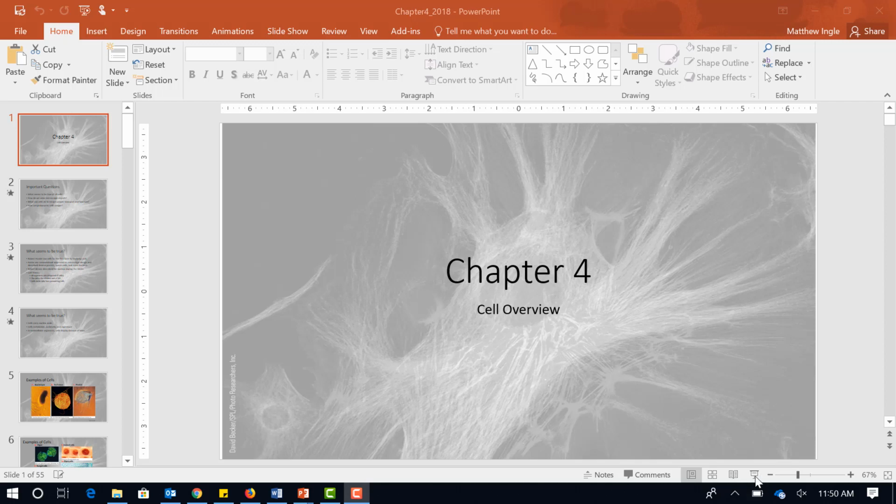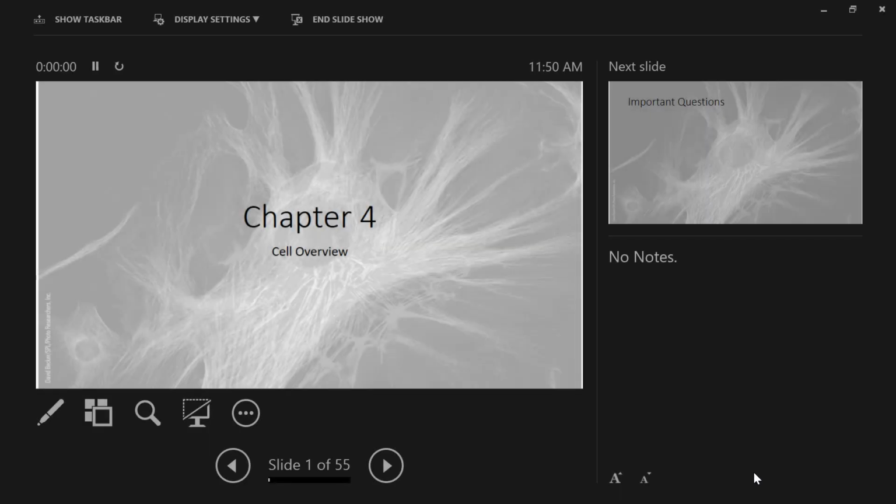We didn't cover all of the slides of chapter 3, but you have those, you can look over them. We're going to cover DNA in a great amount of detail in a couple of weeks. So we're going to transition over into chapter 4, and this is an overview of the cell.